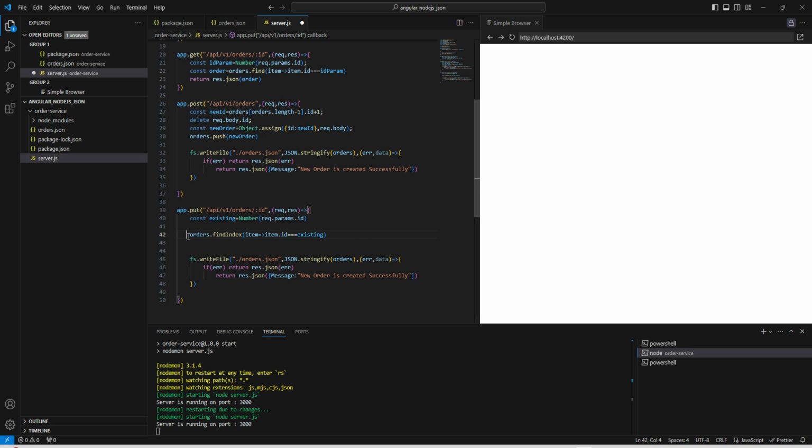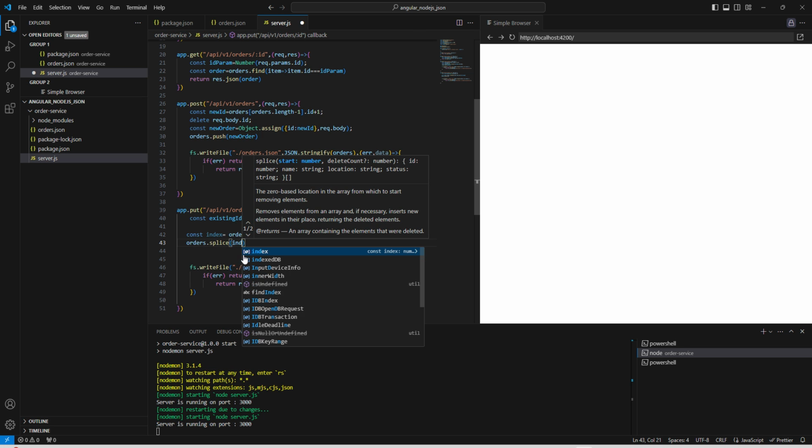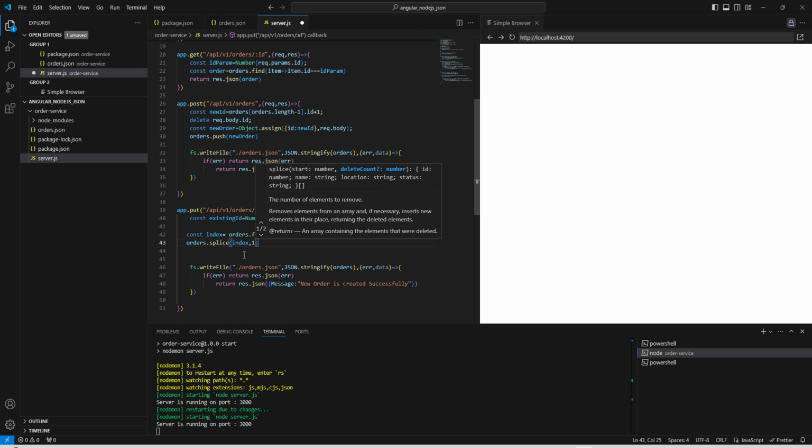Now here we can mention one constant which will hold the index. So this is the index for this existing ID. We can say it's an existing ID, and this is the existing ID. Now we got the index. Now we need to write to the same place. Now we have this orders dot, we can use this method, and inside this we can write our index at which we are going to write the request body,